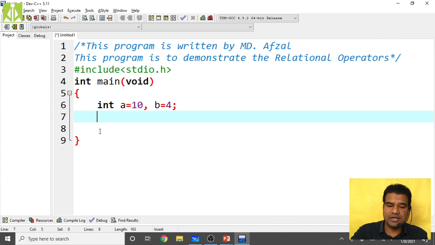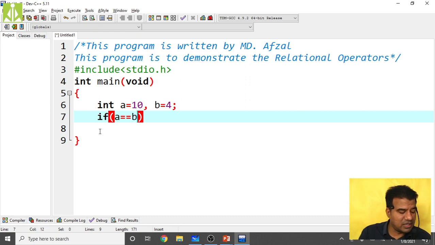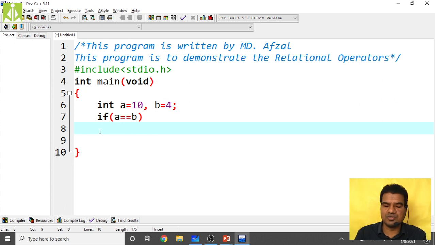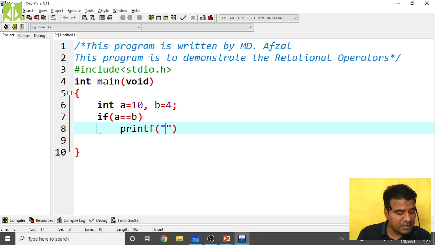Okay, so what I do, I'm using all my relational operators inside the single program. If at all my a value is equals to b, I'm starting with double equals to. If at all my a value is equals to b, then I am saying printf a simple statement.